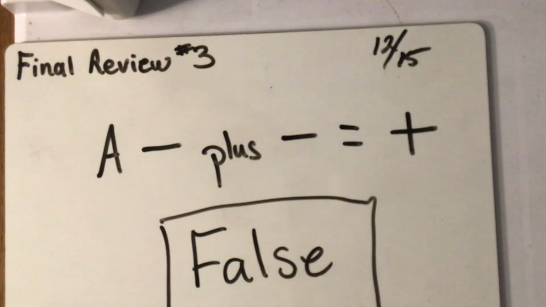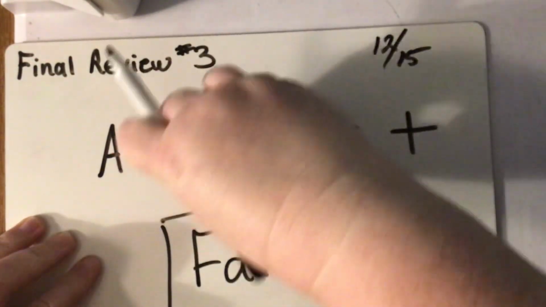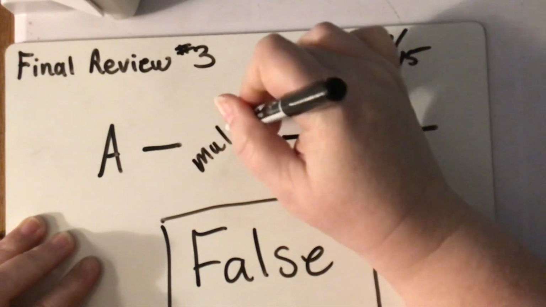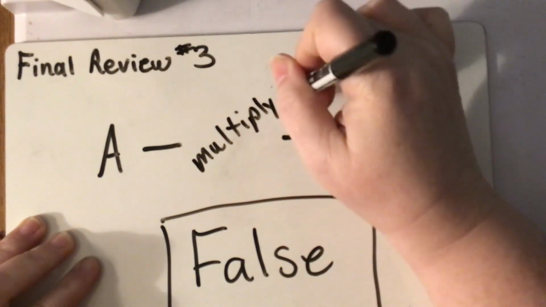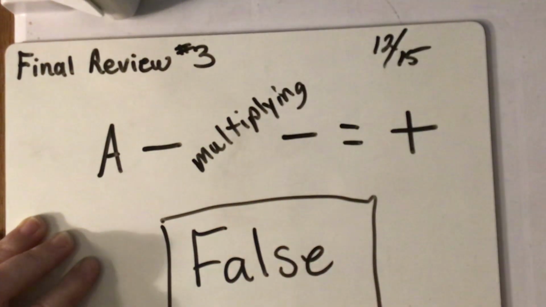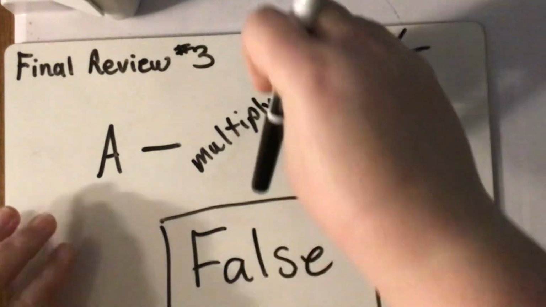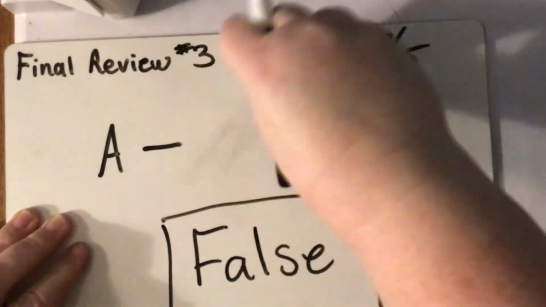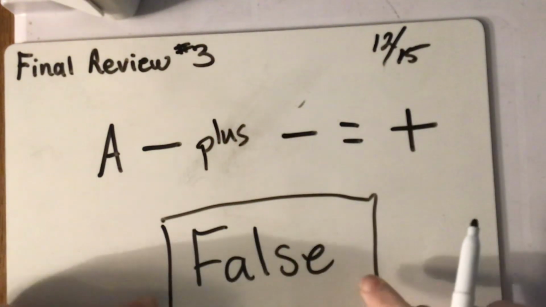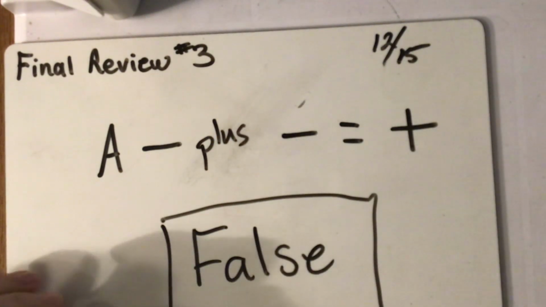Well, it would be true if we were multiplying. A negative times a negative is a positive. But we're not multiplying, we're adding. And because this is plus, it is a false statement. All right,